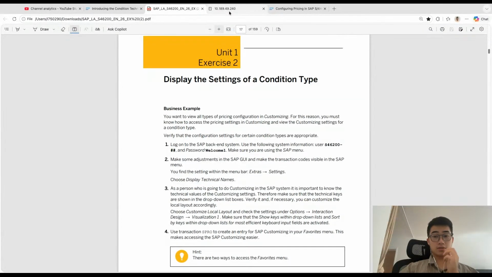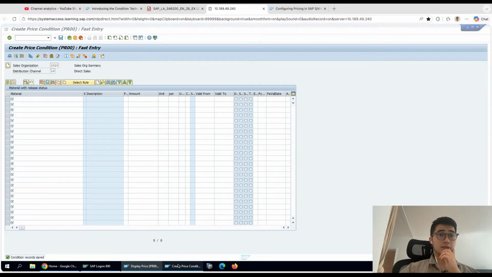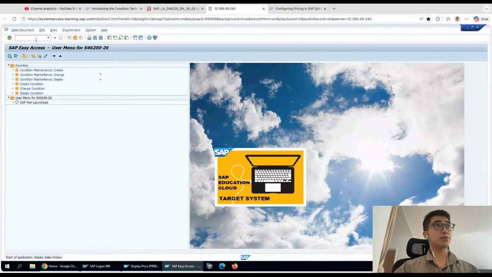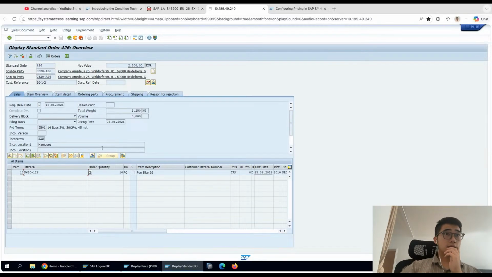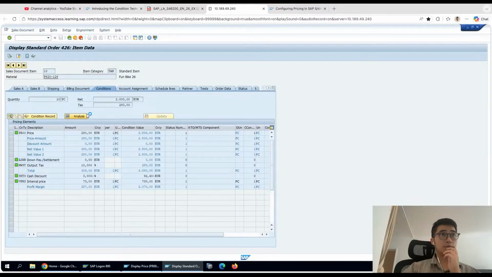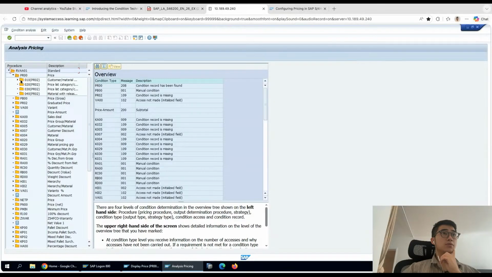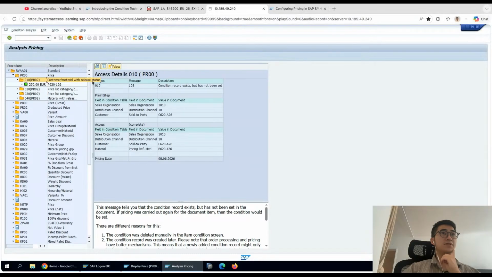The way to tackle that is, people normally go directly to the sales order that we have created, for example BA03. Click enter on that and go to conditions. There will be this condition analysis where we go through each of the conditions configured for the pricing procedure. For example, if I go to PI00, I see exactly from the first